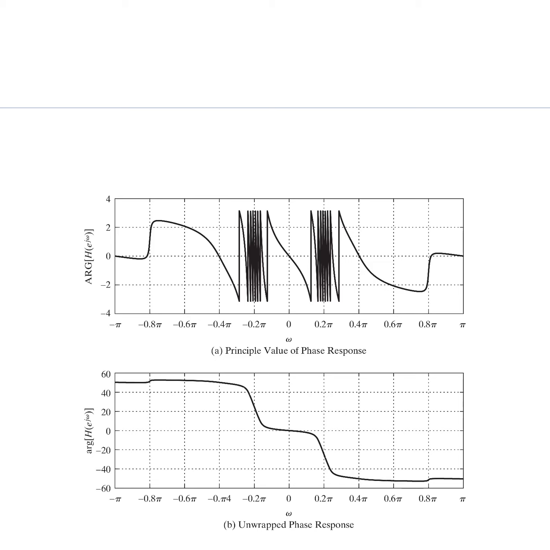Okay, so here in the principal value phase response, or the capital argument phase response, you see multiple discontinuities. These discontinuities are not present in the unwrapped response. And these discontinuities occur due to the modulo 2 pi computation of the phase, right? Likewise, we saw in the previous illustration. And here there are no jumps. This is how the principal value and the unwrapped phase response look.